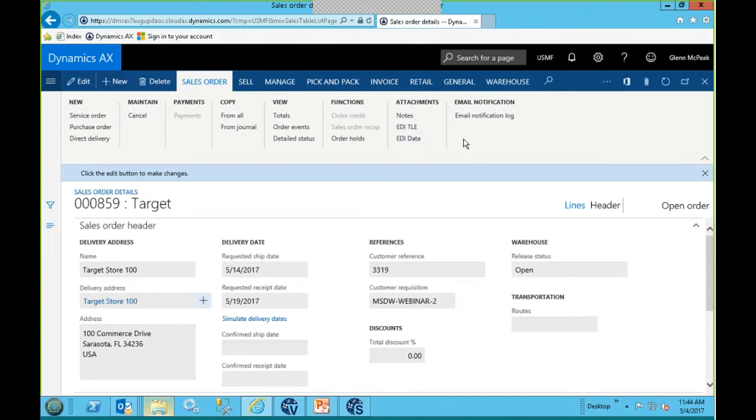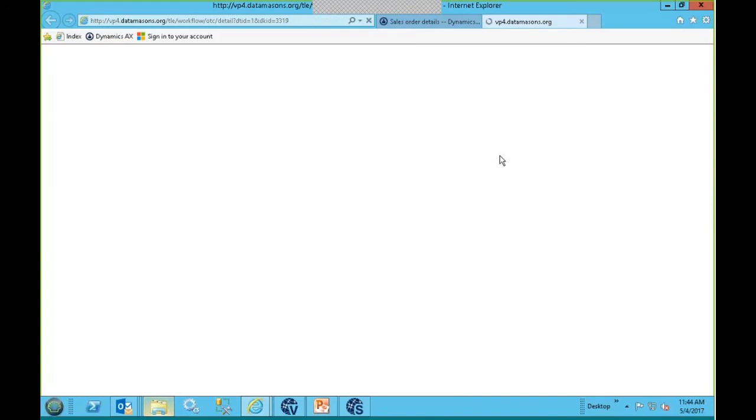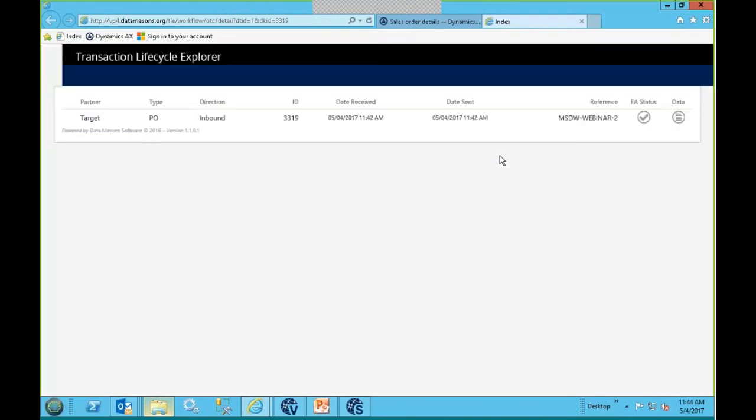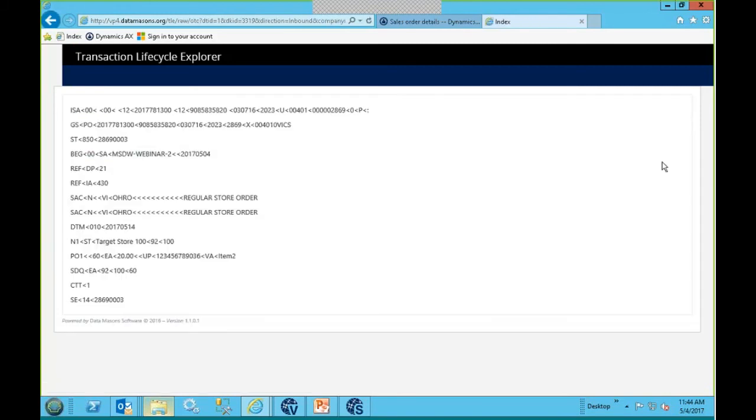Now, we've got some buttons here. One of them is this TLE button, which stands for Transaction Lifecycle Explorer. And what this does is it enables me to see the actual data that was received, as well as all the associated transactions. And you're going to see the screen update in a few minutes as I continue through the process. So the data that was received from my partner, Target,